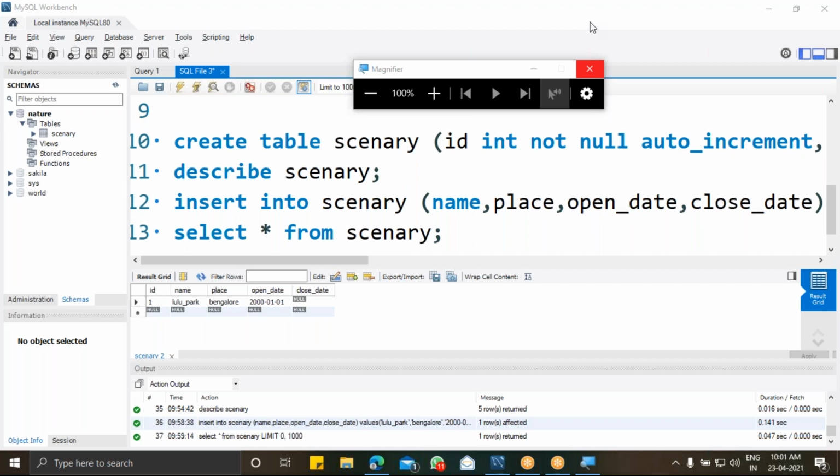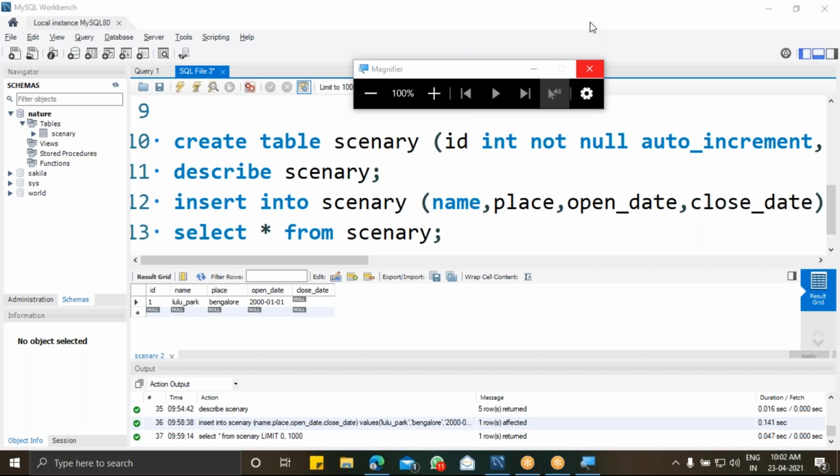If you are missing any constraints, like not null, auto increment, or a primary key constraint, then the question rises, why are you not using a primary key here? This is the way the technical HR will start and go. If you are missing any constraint, you should be able to explain why you have not used it. If I'm allowing a null value, you have to tell why you are allowing it.